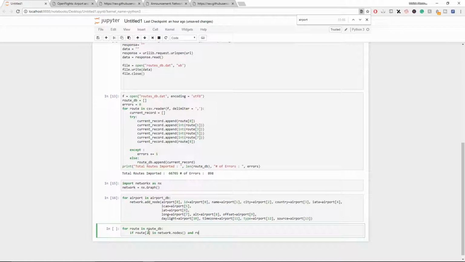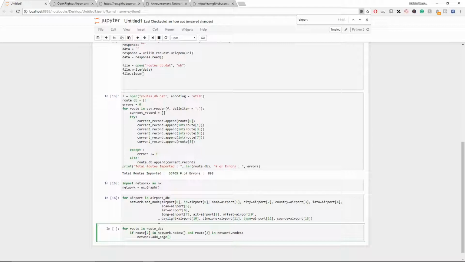And the destination airport as well, which is the next slot, route[3], is in our network.nodes as well, right? What we'll need to do is add an edge between the two airports. So network.add_edge